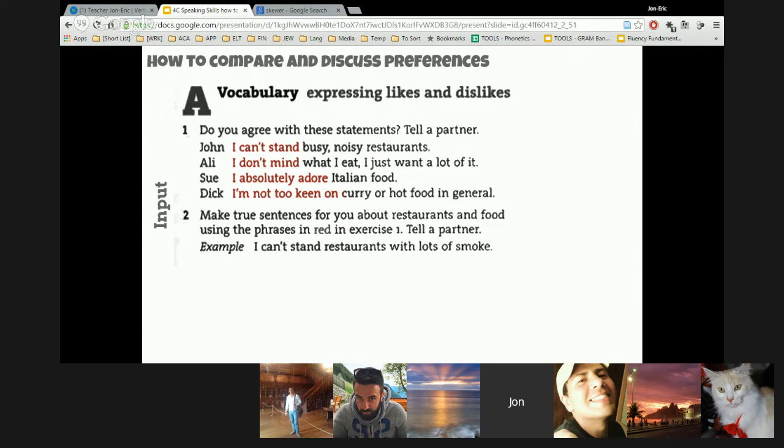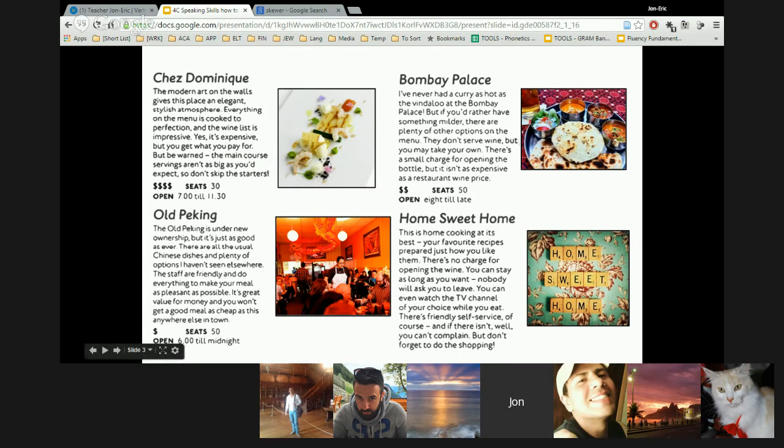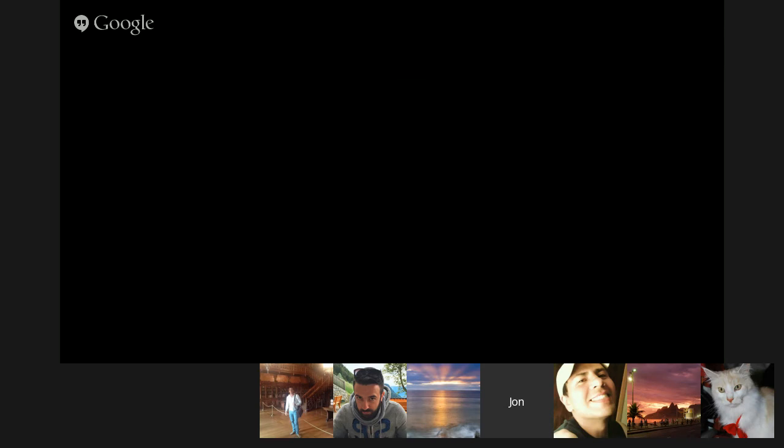You can say it or just describe it. Which restaurant? Like an Indian one, Bombay Palace. Correct, Bombay Palace is right. And you wouldn't recommend it to him because? Because they have curry and hot food, no? Yeah, because it's known for that, although they do have milder food as well. So maybe Dick ought to expand his horizons a little bit and give things a try, right? We should maybe convince Dick to get out there and try some Indian food.